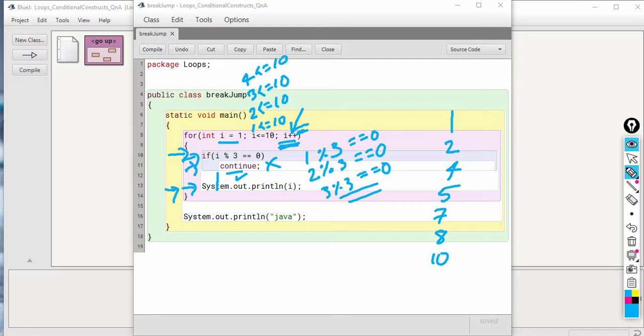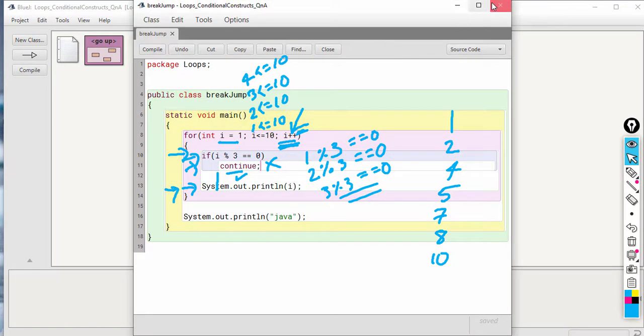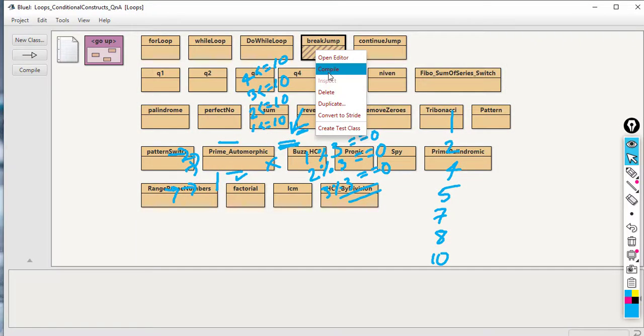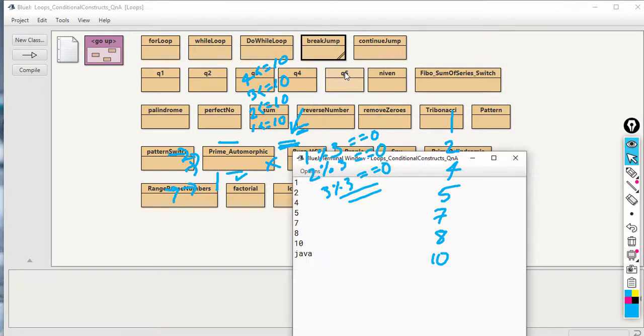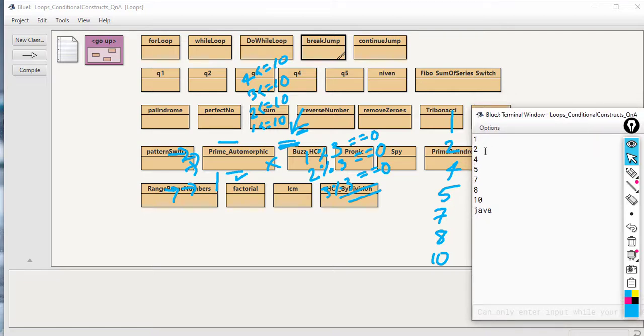Let's have a look at the output. As you can see, 1 2 4 5 7 8 10 is printed, and outside the loop we have a print line statement which just prints Java. So Java is printed at last.